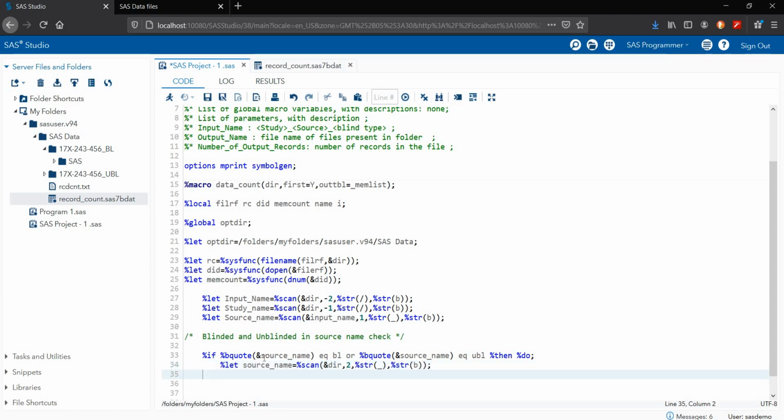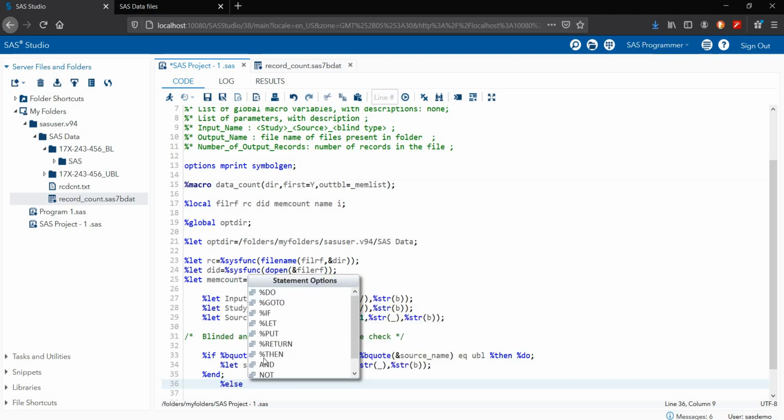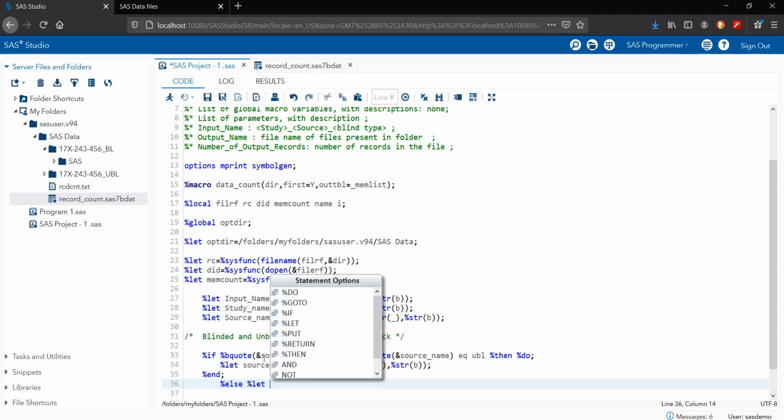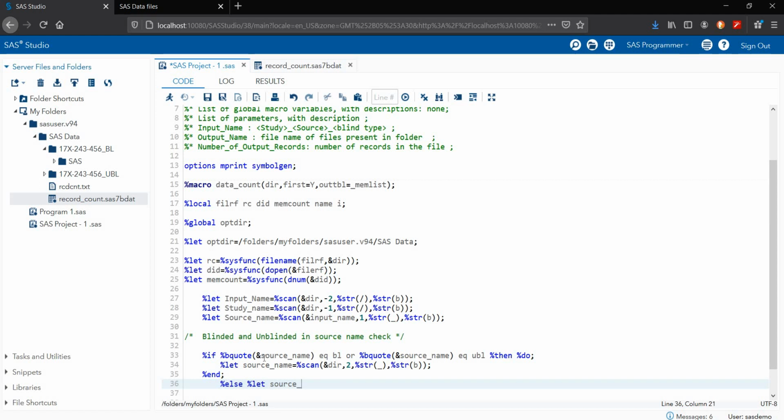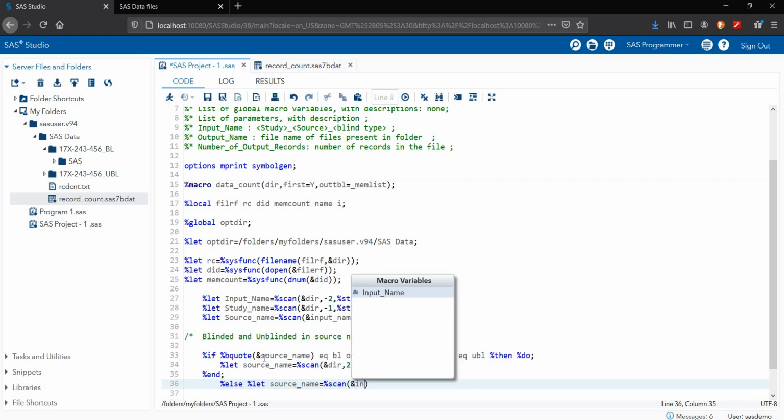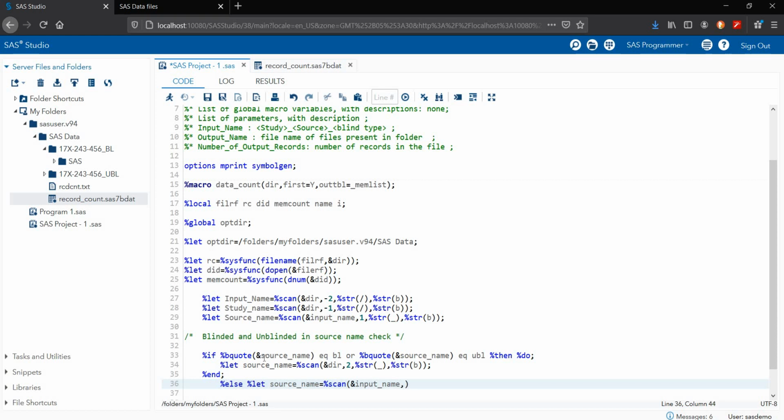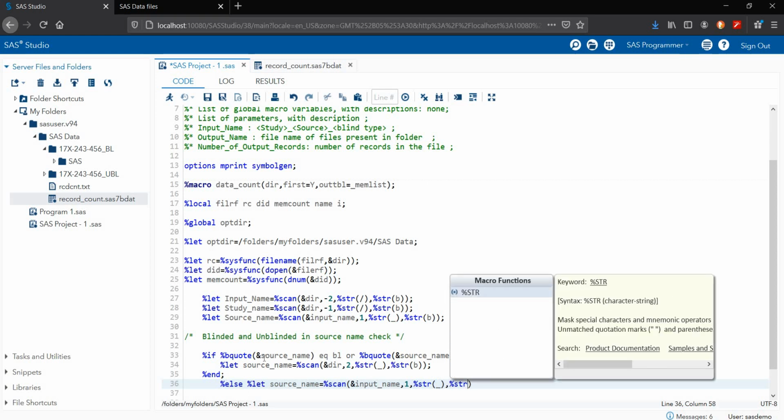Then I'm ending with %end. If it is BL or UBL, it will give this one. Else, we need %else: %let source_name is equal to %scan input_name, comma 1, comma %str underscore, comma %str b, from the backward.